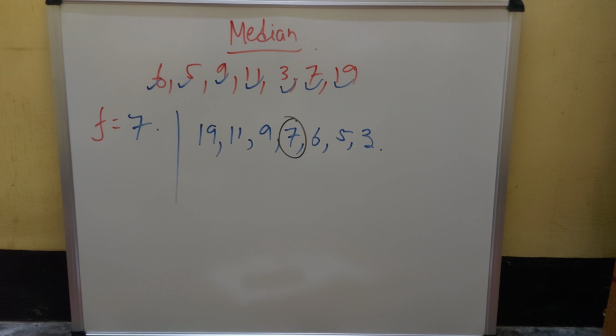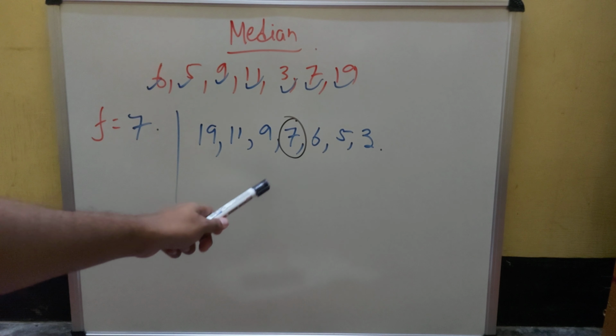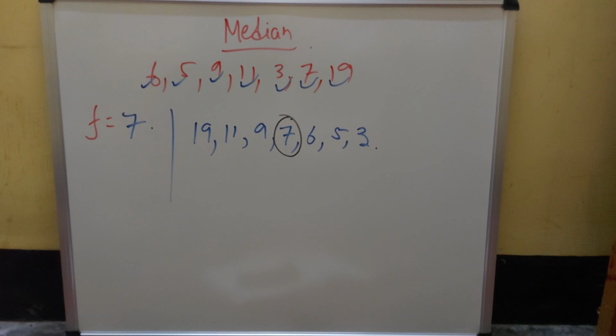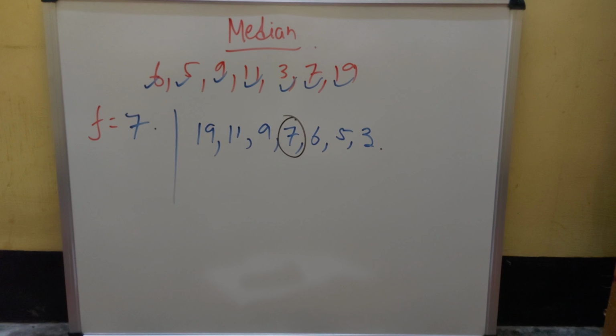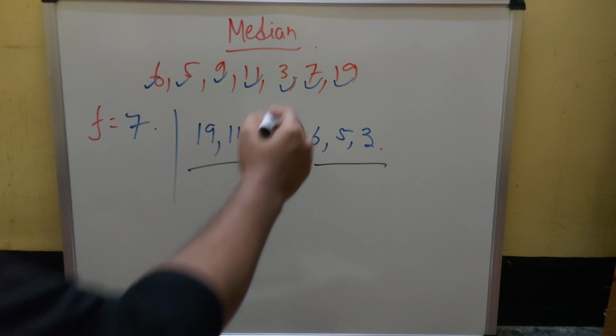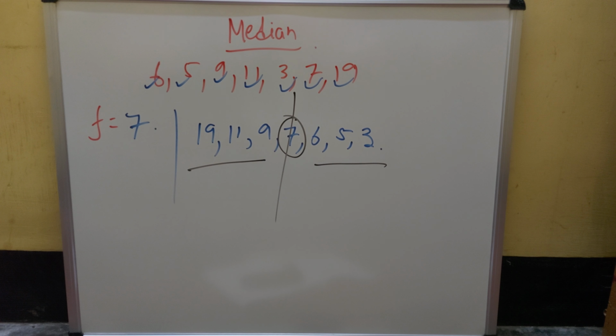7 is the middle term present in this set of numbers when they are arranged in ascending or in descending orders. So 7 is our required median in this case. Are you clear? Any set of numbers which are given are known as data. You need to arrange those data either in ascending or descending order. After arranging them in proper order, you will see which number stays in between. Like look, 7 stays in between, right? Why? Because left hand side of 7 contains 3 terms, right hand side of 7 contains 3 terms. So 7 sits in the middle.